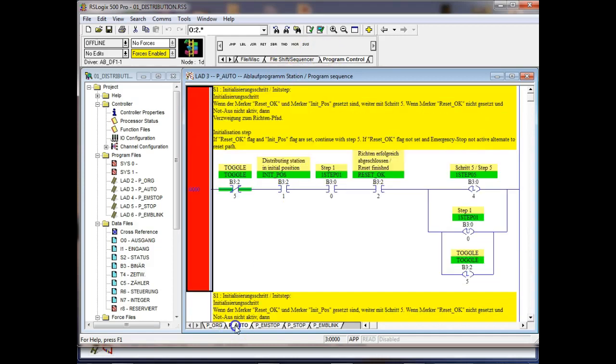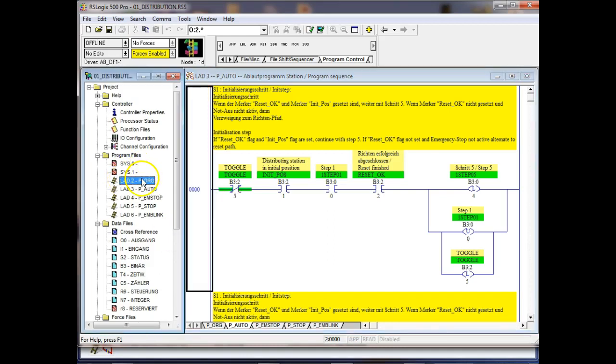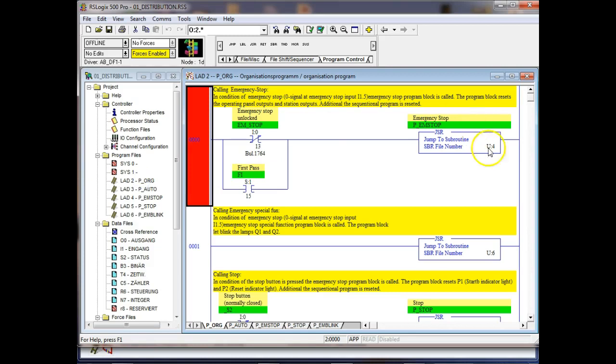So if I look at this subroutine, notice what they didn't have. It's going to be the first instruction, so it'll be in rung 0. So this is actually a subroutine that's being called by what we call the main program, or the main program loop. So when we get back to ladder 2, this goes to subroutine 4. So that would be 2, 3, 4, or you can look over here, right? So this goes to what this PLC